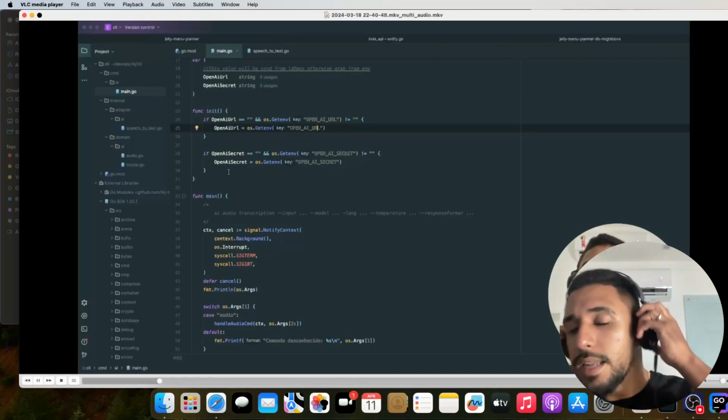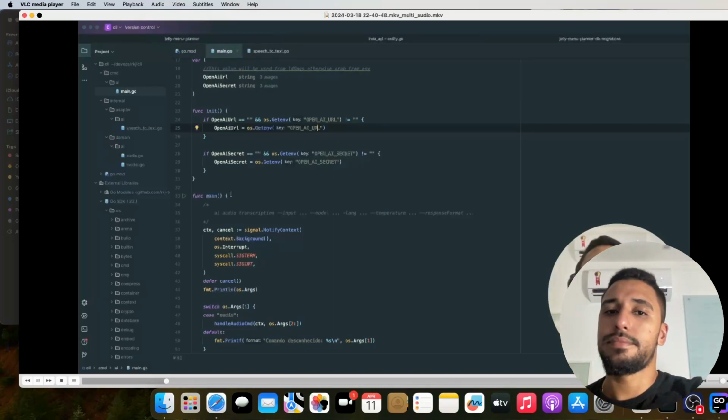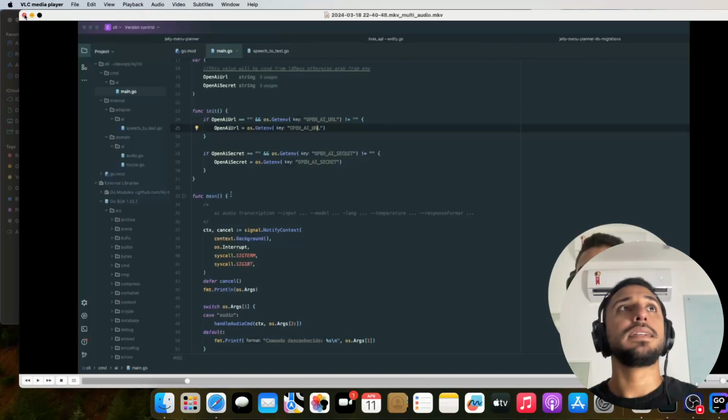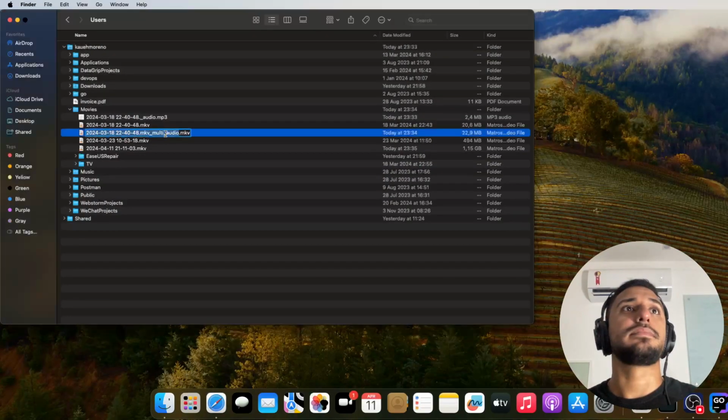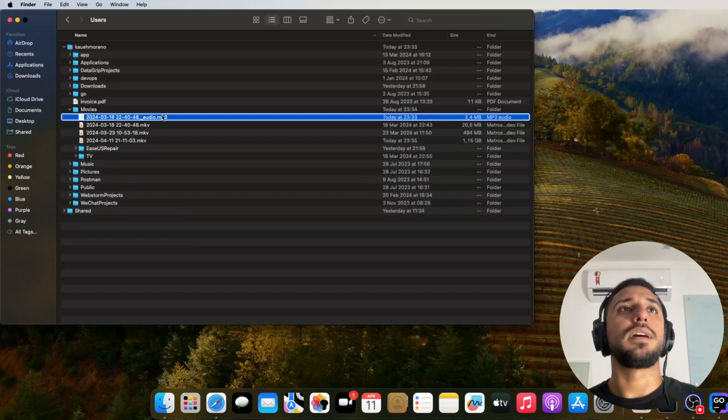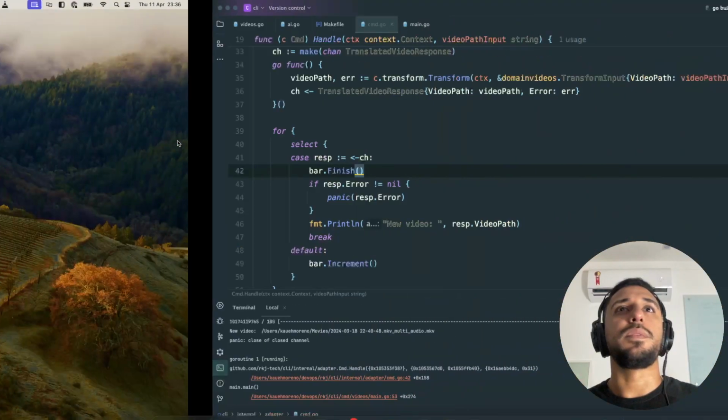Will be something very similar to the audio transcription. We pass the input, which is the path of the MP3 file. The model, which, if I'm not mistaken, now we got the English one, right? So it works as we expected. It works. Just to not end up with a panic,